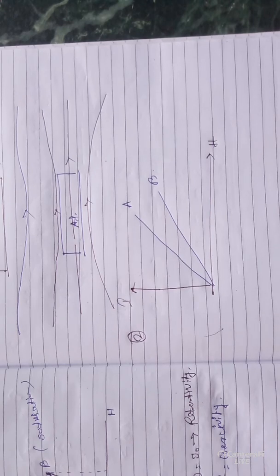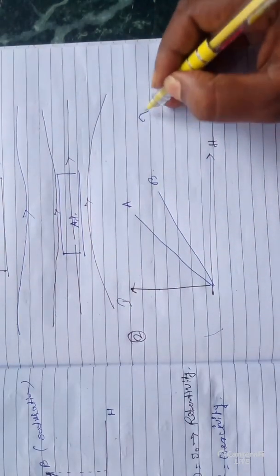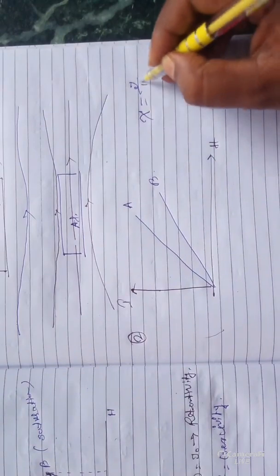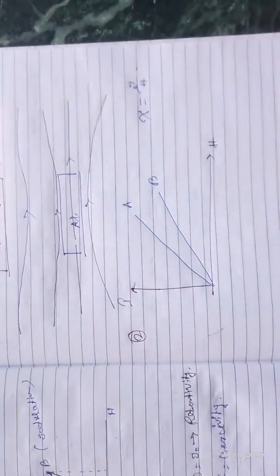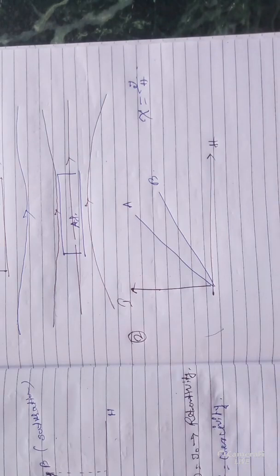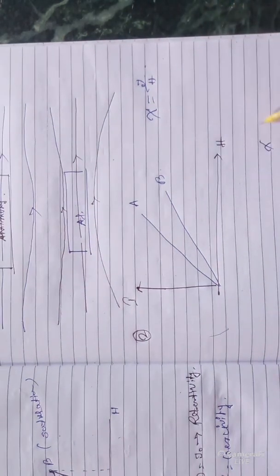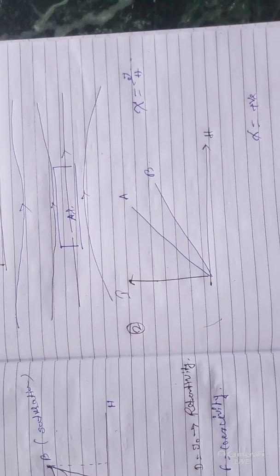So from this graph, we know that the susceptibility chi is equal to J by H. Already we have discussed this in the previous video and in the regular classes. So chi is equal to J by H. The slope is not negative, it is a positive value. So there is no possibility of it being a diamagnetic substance; it is either ferromagnetic or paramagnetic. So chi is positive. But positive is not enough information for us. It is not a diamagnetic substance, that's 100%.